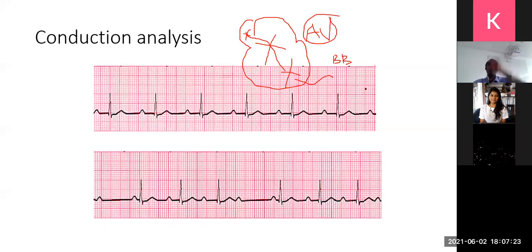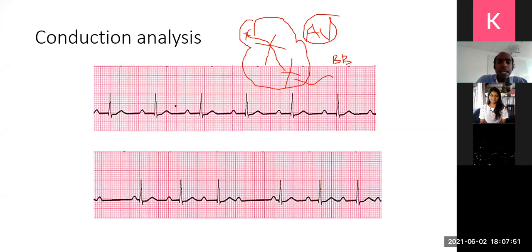Good question. Right. So in conduction analysis, we are looking for blocks. Now at the AV node, there are three types of blocks. First degree block, second degree block, and third degree block. Three types of blocks. Right. First, now write this down very, very carefully. First degree block,